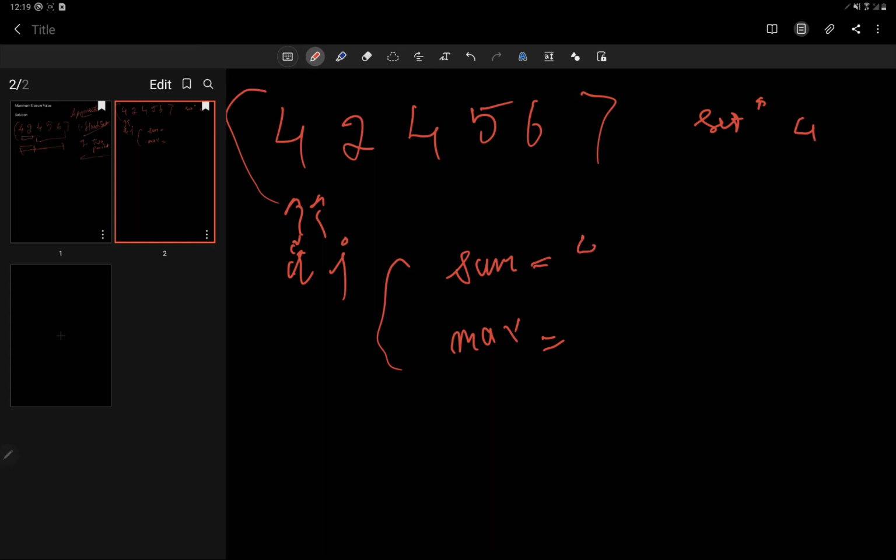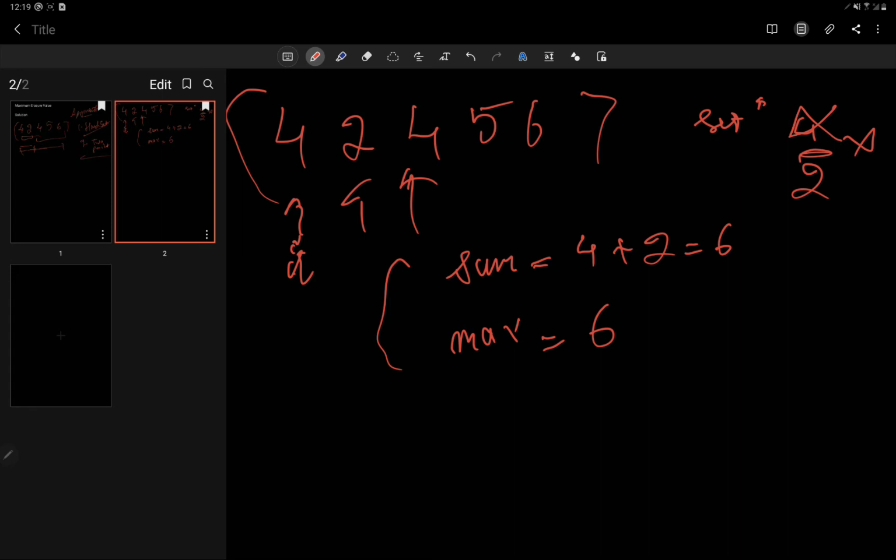So for the first number, it would be 4, and the maximum sum up till here would be 4. Now moving j to the second number, that is 2. So we see whether 2 is present in our hash set. No, it's not. So we add it in our hash set and we modify our sum. So it's 6, and maximum is now updated to 6 as well. Now moving on, the next number is 4. Since 4 is present in our hash set, we will delete the earlier 4 and we will move our i to the next. That is, we move our window.